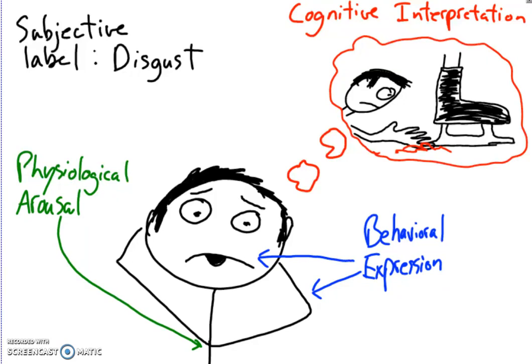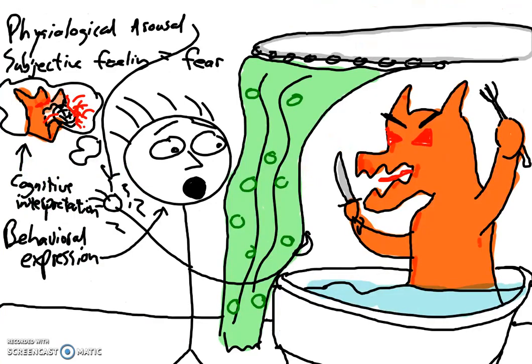So researchers understand that these are the parts, in general, of an emotional situation, but how they work together, there's different ways that you can explain that. So I'm going to go through an extended example of this shower monster to explain how researchers have disagreed throughout history on emotional situations. So here's a situation: you go into your bathroom and bam, there in your shower is a terrifying, poorly drawn orange monster with a fork and knife ready to eat you. Subjectively, you would probably label this as fear.